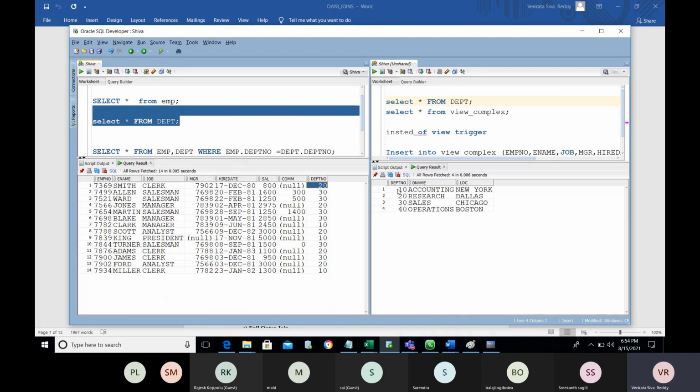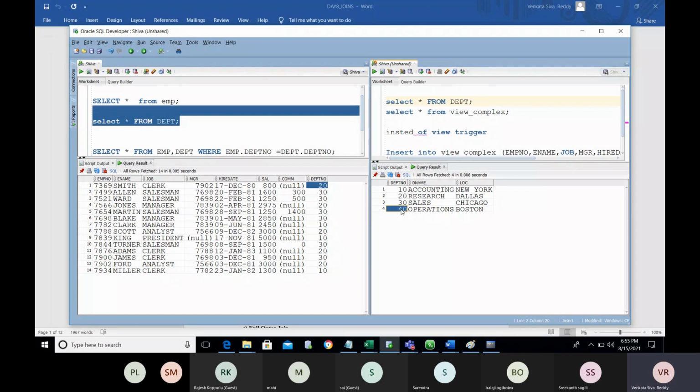If 20 is present in this, you will get the data. If 20 is present 2 times, you will get the same record 2 times. Treat 40 as 20 now.